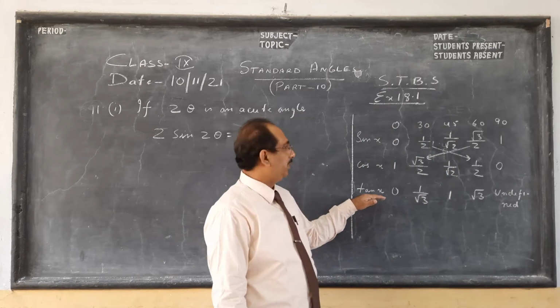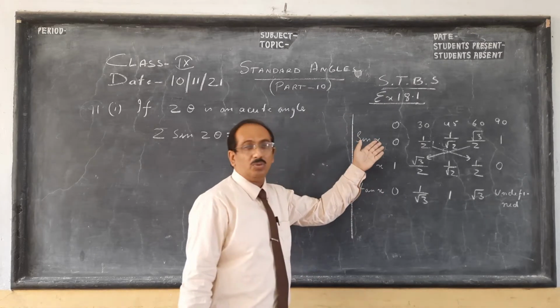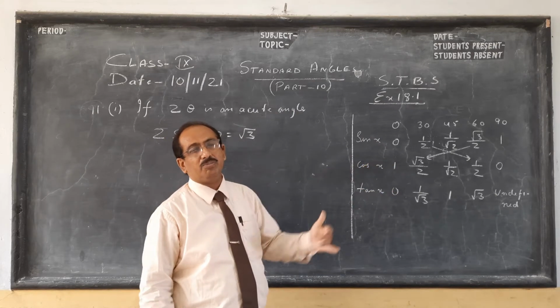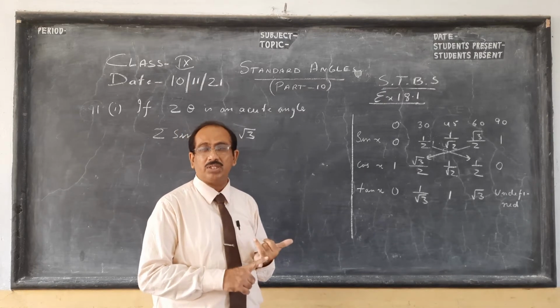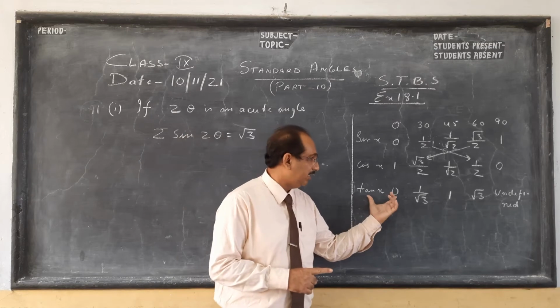This you learn. I have made 2-3 video lessons on this. In part 8 of the video, how to learn; in part 6 I have explained how it comes. So please concentrate, because class 10 is all based on this. There are 2 chapters: trigonometric identities, and height and distance, where we especially need tan.